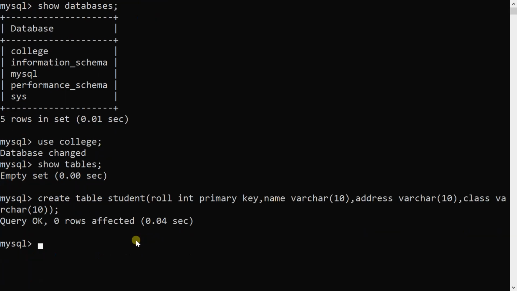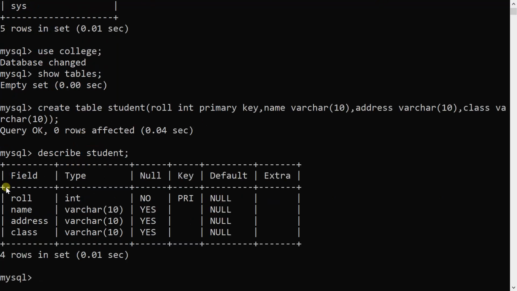If the table is created and we want to see the structure of the table, I will execute describe and the table name, again with a semicolon. So here you can see the structure of the student table, which has 4 attributes: roll, which is acting as a primary key, name, address, and class. At a glance, we can see how many attributes the table has, what constraints we have applied to the attributes, and what the data type of each attribute is.